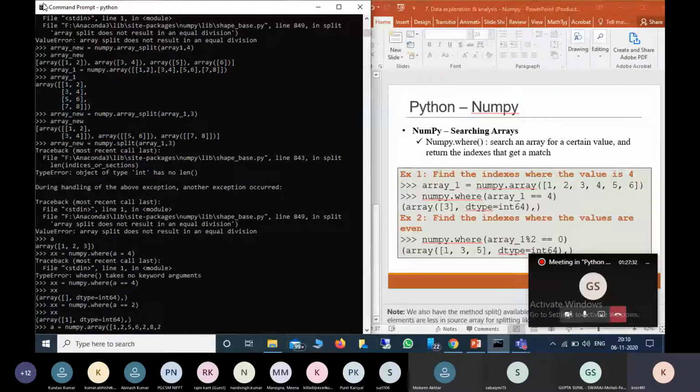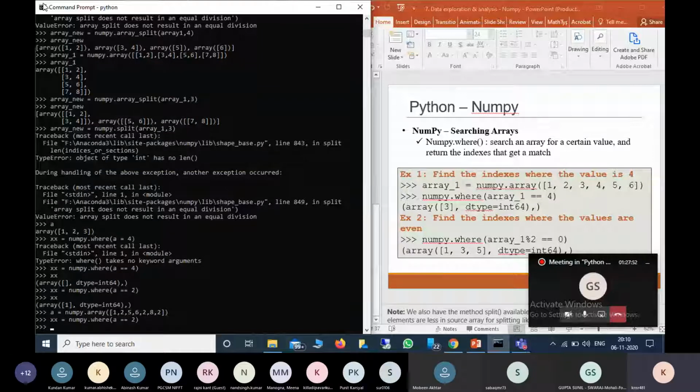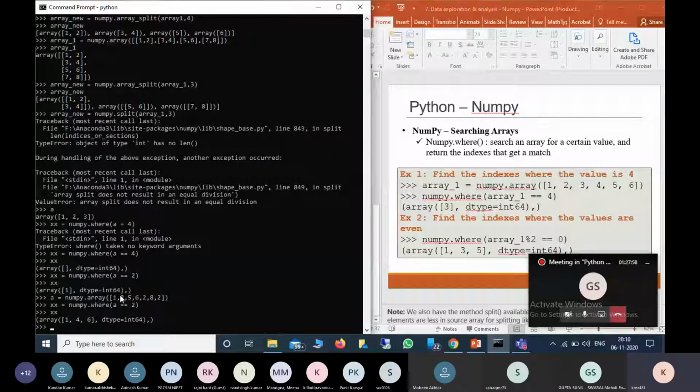So there are 2 repetitions. Now xx equal to numpy.where(a equal to 2). If we see xx, it will give 1, 4, 6 because 2 is at positions 1, 4 and 6. So is it clear?